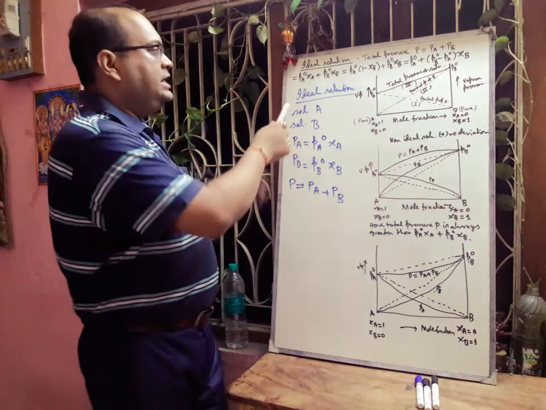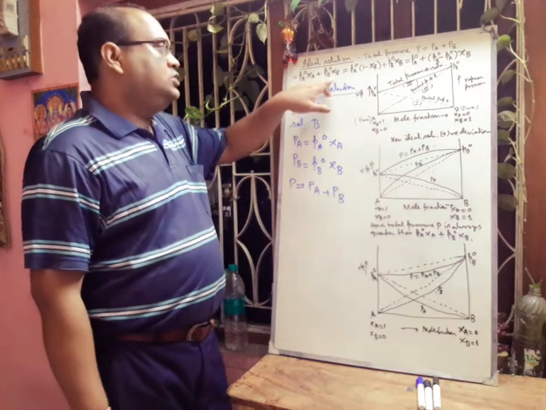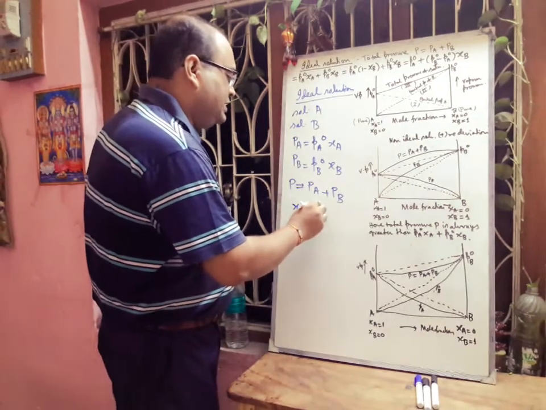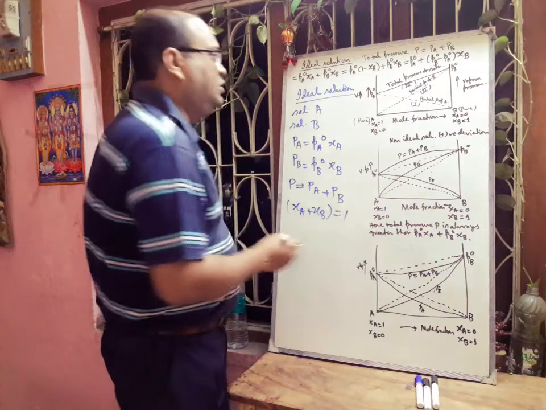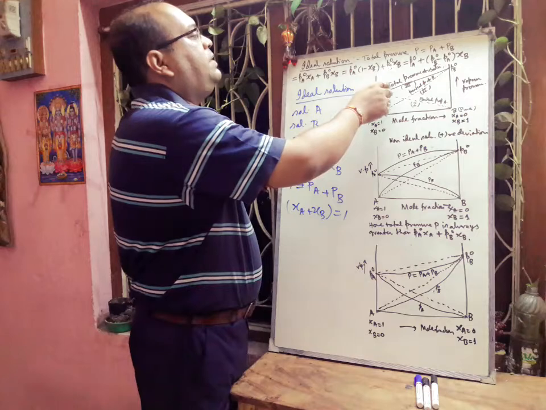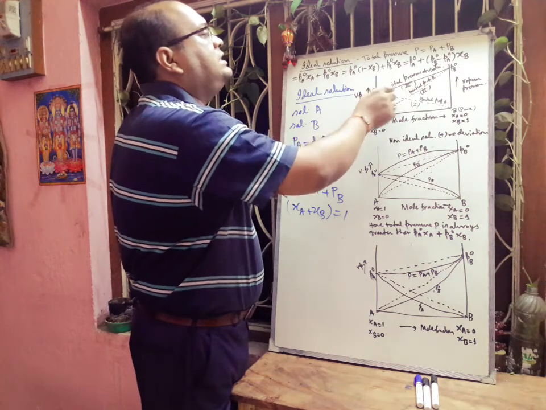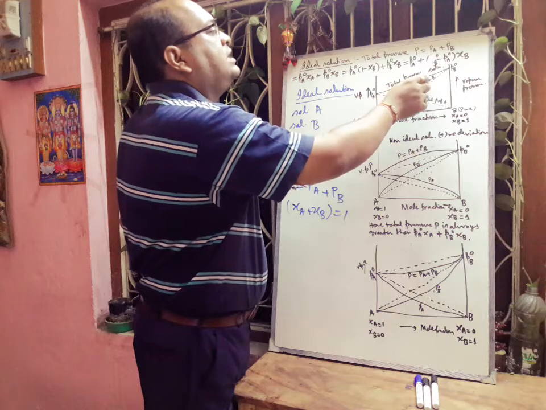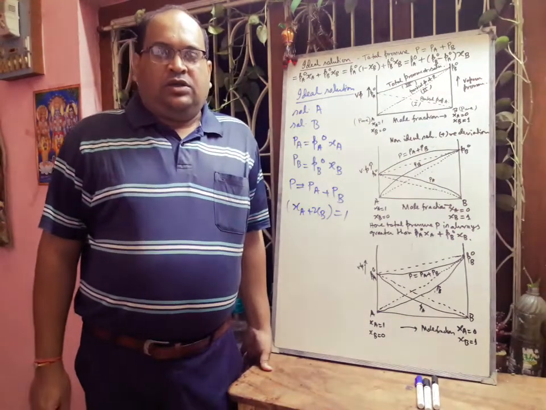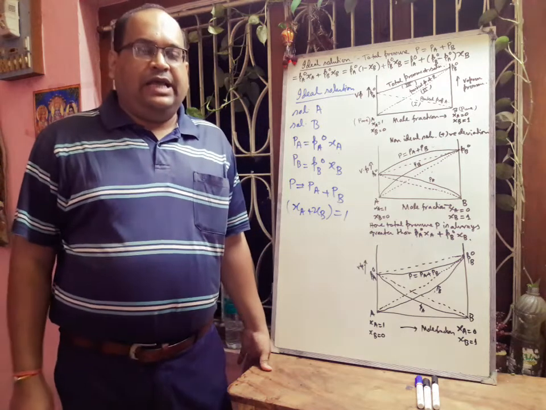Now here it is already written that PA is equal to PA0 into XA and PB is PB0 into XB. We know that the total mole fraction, XA plus XB, will be equal to 1. So from here we can write XA is equal to 1 minus XB, then PB0 into XB. If we arrange it, we will write P equals PA0 plus (PB0 minus PA0) into XB. So this is the expression of the total pressure of an ideal solution.